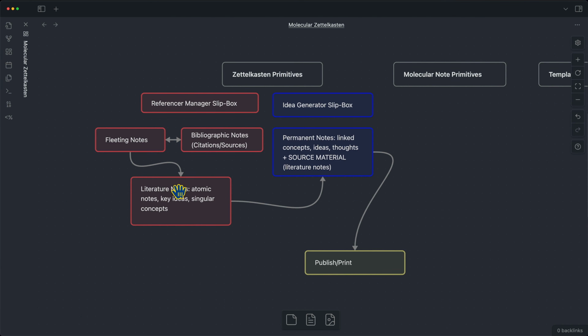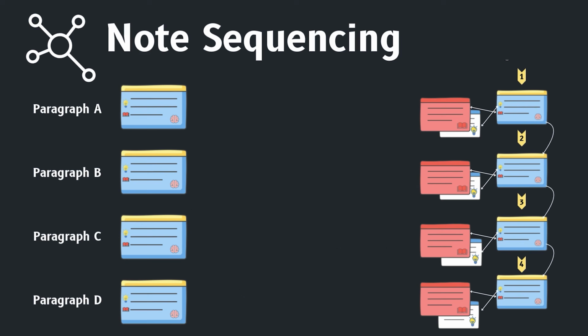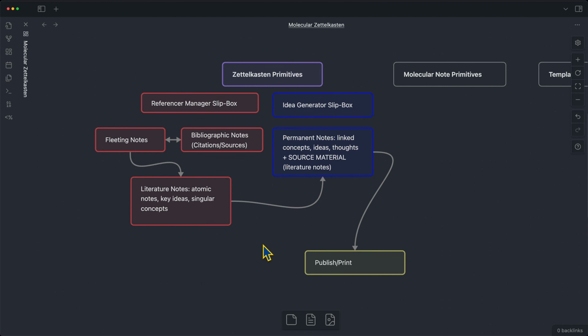And then we go back and review those atomic notes and link them together and add our own thoughts and ideas to create a permanent note, something that we are writing in a format that is designed for expression, designed to be shared, so that we can combine multiple permanent notes in a note sequence and then publish it for print. That's a quick overview of the Zettelkasten system.